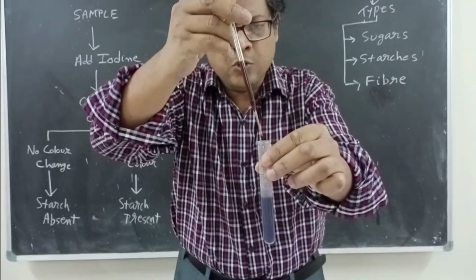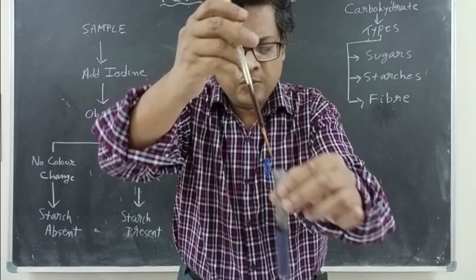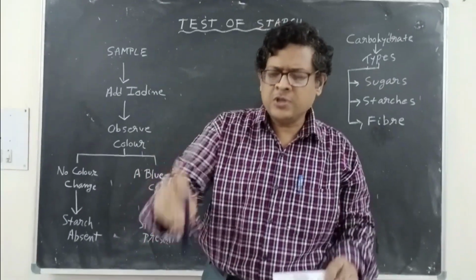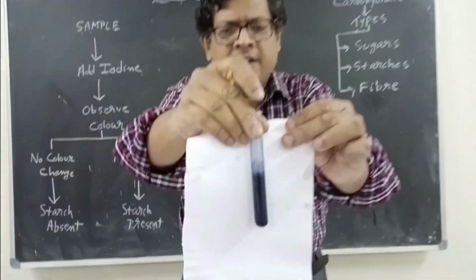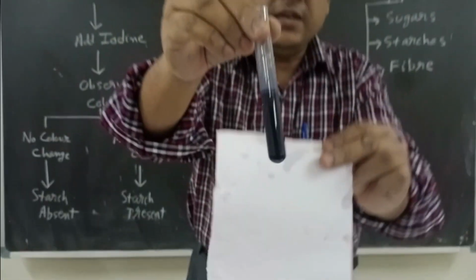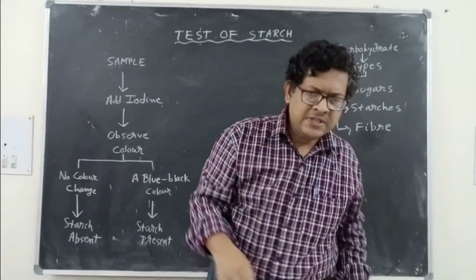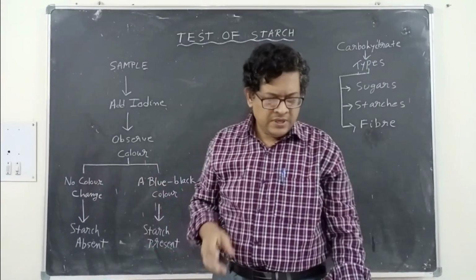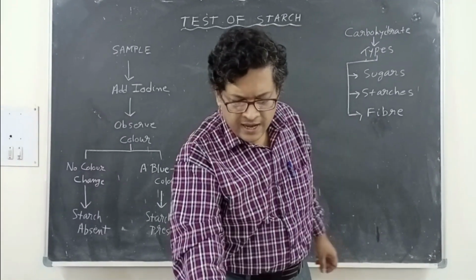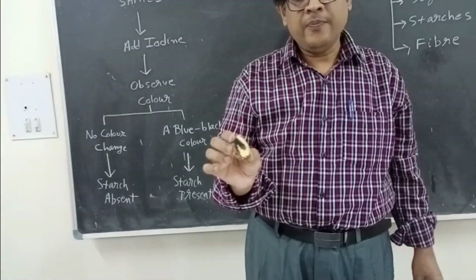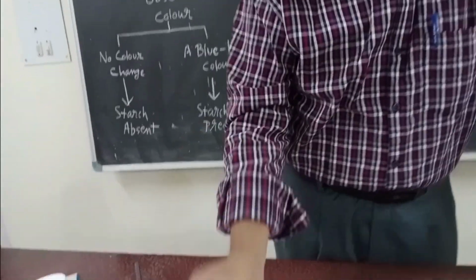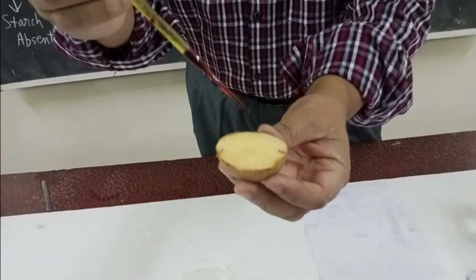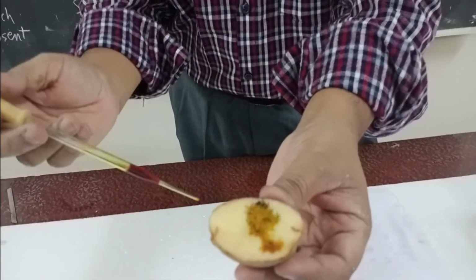Suppose I put another 2 drops. Let's see. I shake it. Now it appears almost black. That's why in your textbook it is always written that you have to take 1 or 2 drops of iodine. So in short, this is our experiment. I experimented with potato and starch is present in potato. There is another piece. Let's perform the experiment again. You can see the color change.